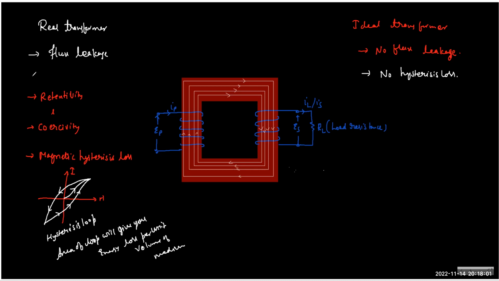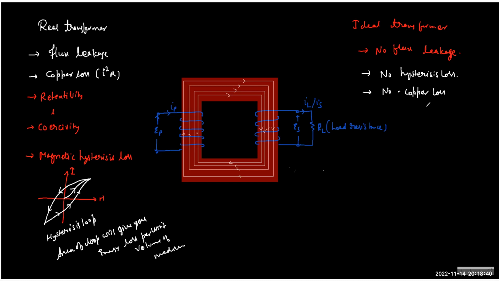Such loss is called copper loss. For historical reasons, earlier the wire was only made of copper. Now we have aluminum also, copper also, something else also. But anyway, the name is for historical reasons. We call it copper loss, or it is called I square R loss. It is simply the resistance of the loop itself that will create this loss. And in the ideal transformer, again, we assume no copper loss.